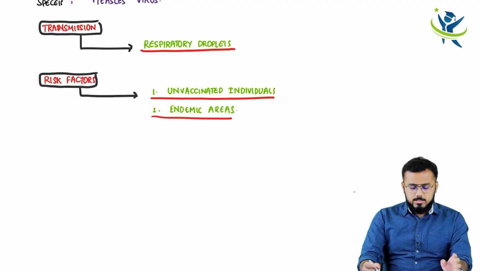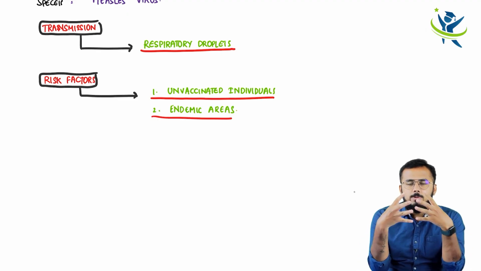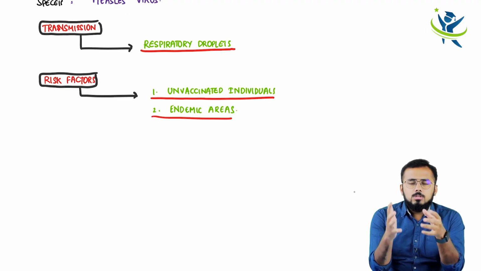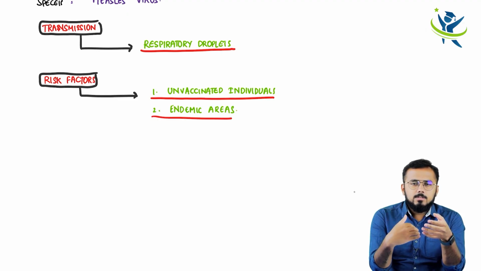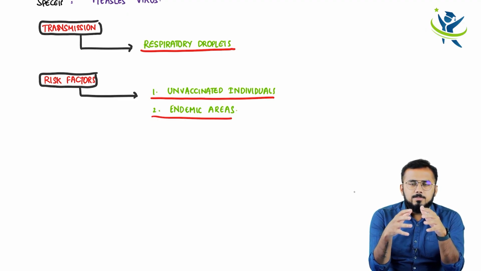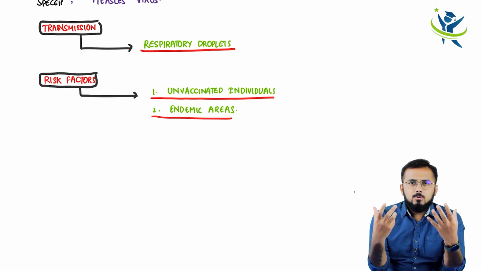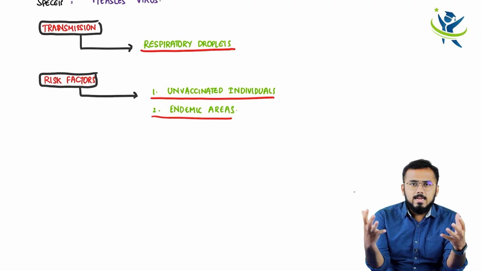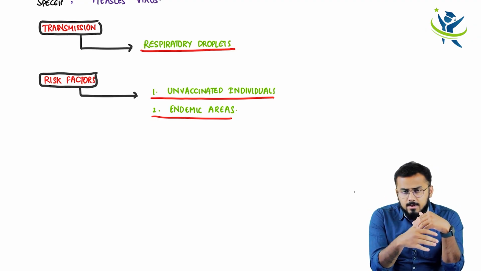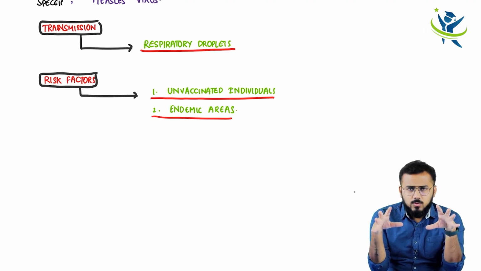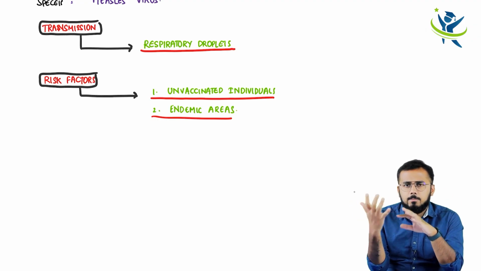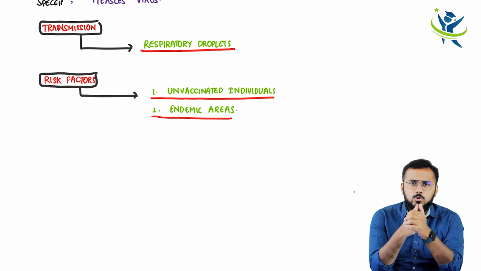So as I told you, the measles virus mainly transmits through respiratory droplets. How is this virus going to enter into your respiratory system? And in the respiratory system, what is happening to this virus, where is this virus replicating? And after replication, how are all these virus particles spreading to different parts of the body and how are they infecting you? We shall be discussing right now.